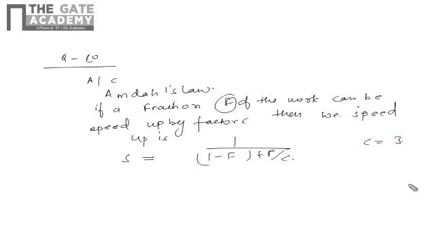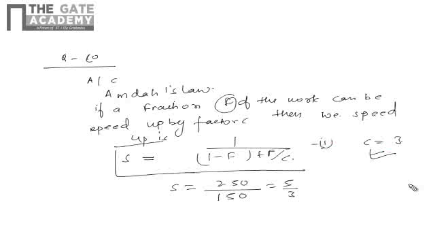Okay, and S is 250 nanoseconds to execute, but only 150 nanoseconds when executed. So S will be 250 nanoseconds by 150 nanoseconds, so it will be 5 by 3. Okay, and C is already 3. So just put it in this equation and solve it, then you will get the value of f. So it will be 5 by 3 equals 1 minus f plus f by 3,